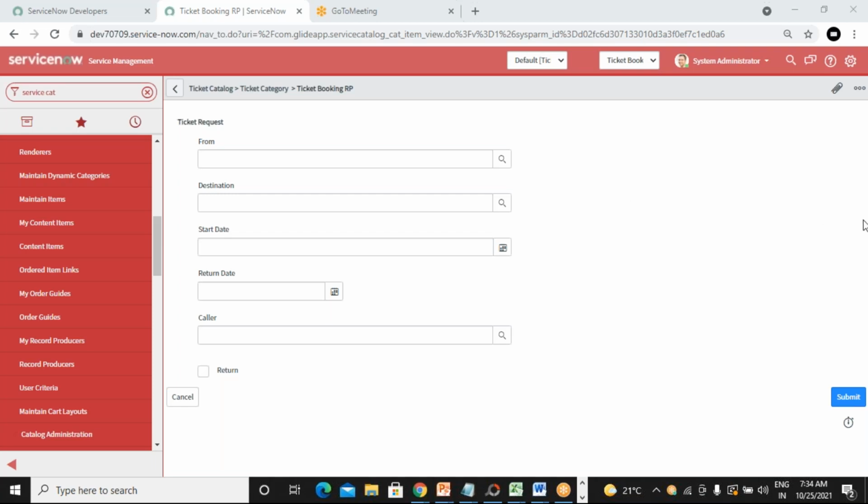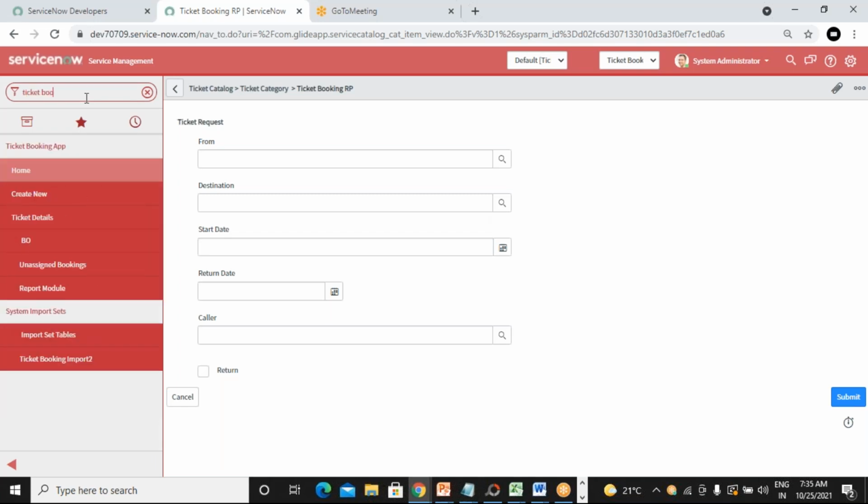Okay, so we will use record producers when you want to design service portal forms. Let's say you design one travel booking application. This ticket booking application is used by the back office or service desk.